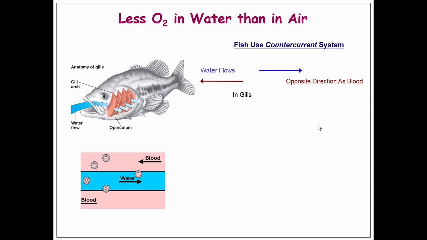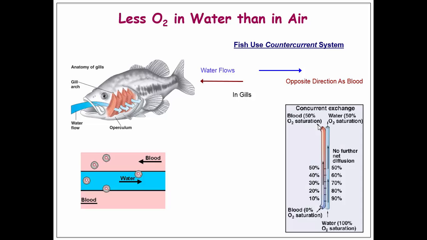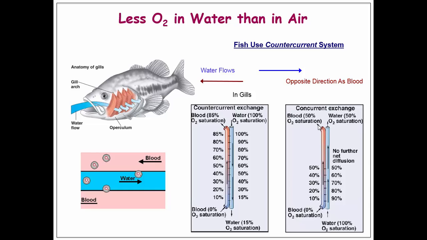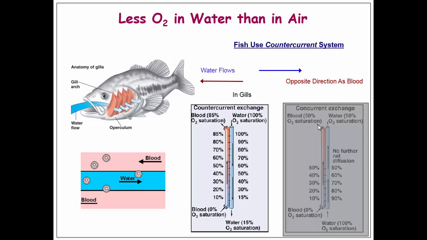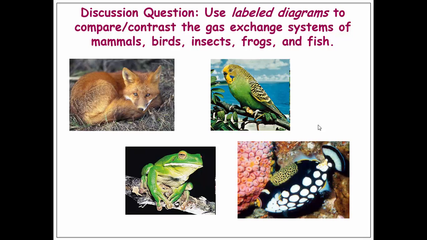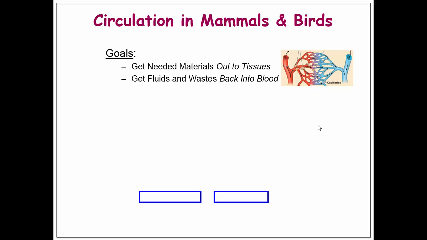How fish get around this is using something called the countercurrent system, be able to describe that as well as the heat. And again, these two graphics right here show you what's going on with the water saturation and the blood saturation. Good essay question. If I gave you something like a picture of all these, be able to explain the gas exchange system of all these ones. Circulation is how we connect all of these